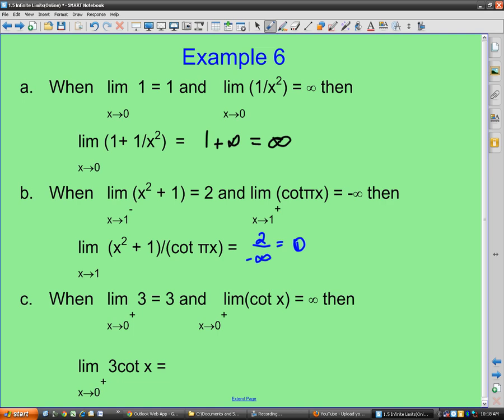And then our final one down here, we're taking 3 and multiplying it by the cotangent of x, and we're finding the limit. The limit is 3 and the limit is infinity, so we really have 3 times infinity, which doesn't change the infinity at all, and so we get infinity for that limit. These are just our properties of infinity, and make sure you check them out. They're on page 87 in your math book. So that completes the examples for this unit, and I hope you guys